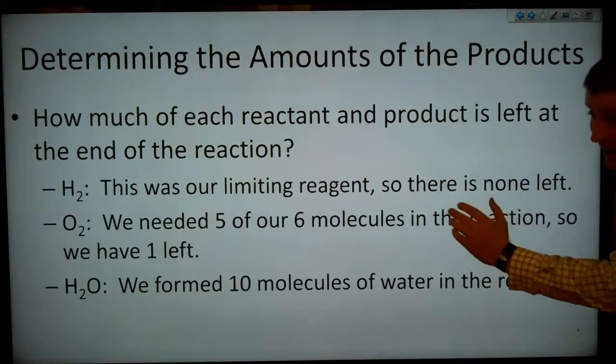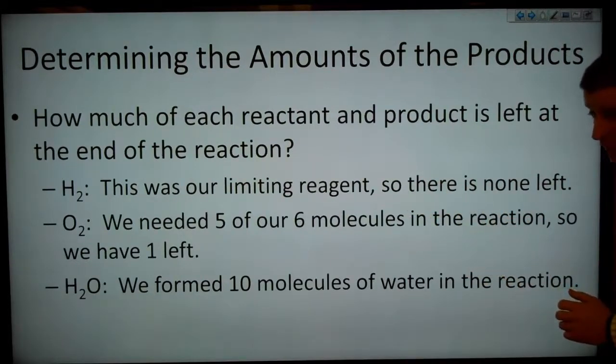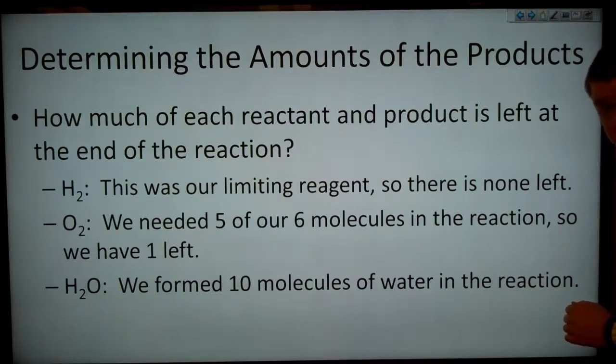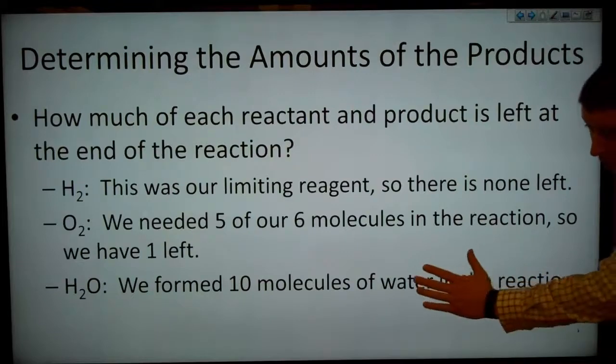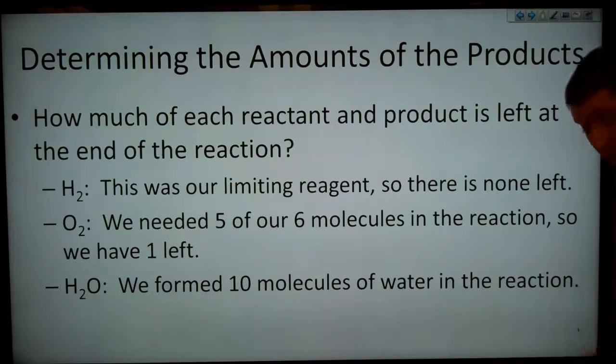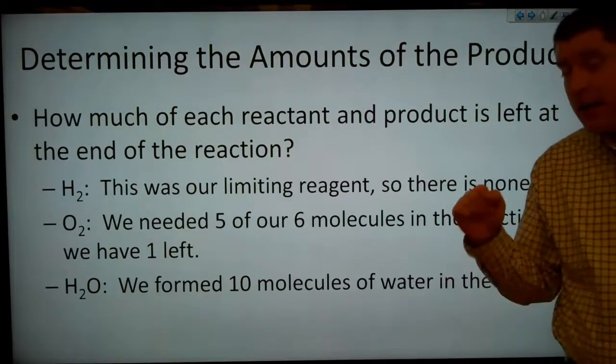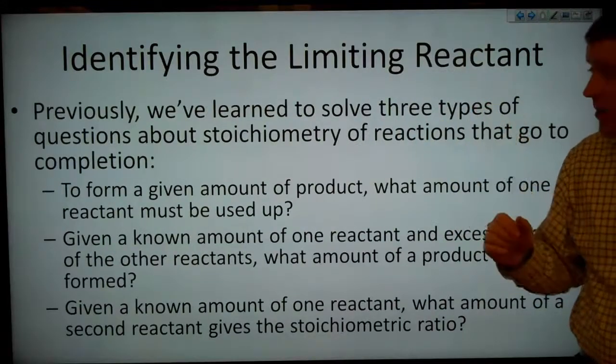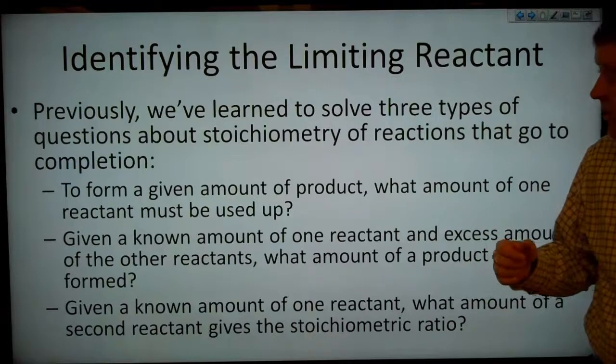For oxygen, we needed 5 out of our 6 molecules in the reaction, and that means that we only have 1 molecule of oxygen left. For water, we formed 10 molecules of water in the reaction, and that's how much we're going to have remaining at the end. So previously, we've learned to solve 3 types of questions about stoichiometry of reactions that go to